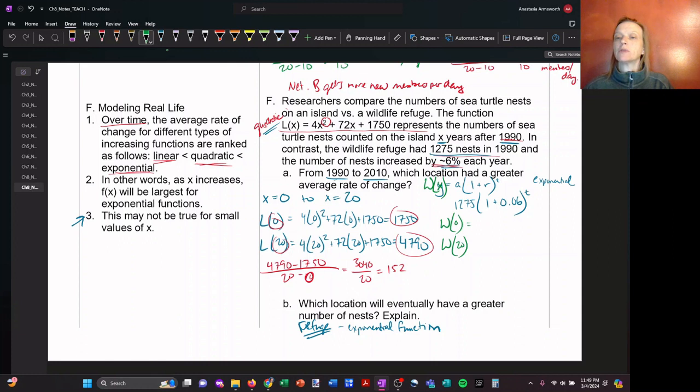So when I plug in the number 0, I'll have 1,275 times 1.06 raised to the 0th power. Well, any number raised to the 0th power is just 1, so I'm going to end up with 1,275 nests in year 0. And then in year 20, I'll do 1,275 times 1.06 to the 20th power, and I get